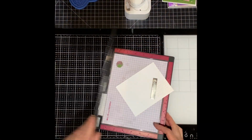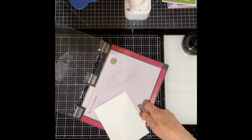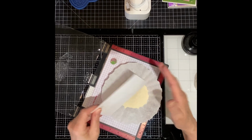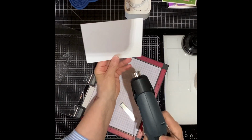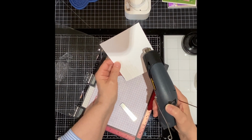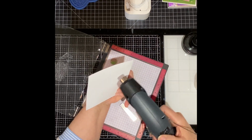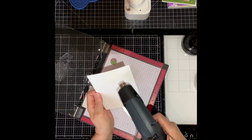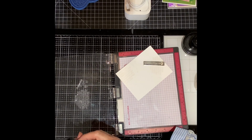I'm starting off with an A2 size panel of Bristol Smooth cardstock, which I will later trim down, and I'm going to be doing an ink resist technique. This stamp set includes the zodiac sign, an image of the constellation, and also a sentiment which describes the personality of Leos. These will form the basis of my background, and I have grouped these 3 stamps together on the window of my Misti. The grouping of the images is stamped one at a time with Versamark ink, and then